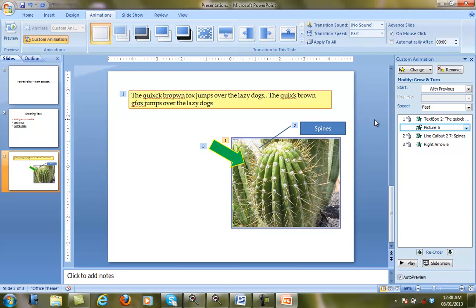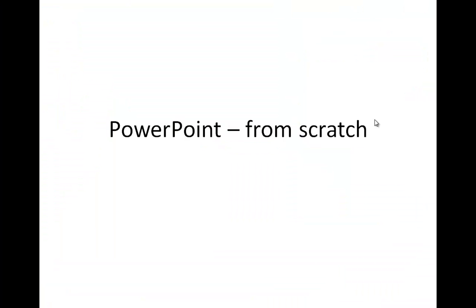Okay, so now what we've done is we've not just placed images, text boxes, and some of these arrows, etc. on the slide. We've even animated them. Okay, let's just run this animation now from the beginning. I press F5. Here's my PowerPoint from scratch, the title itself. I could have animated this also, yeah, so that it starts off well. I click